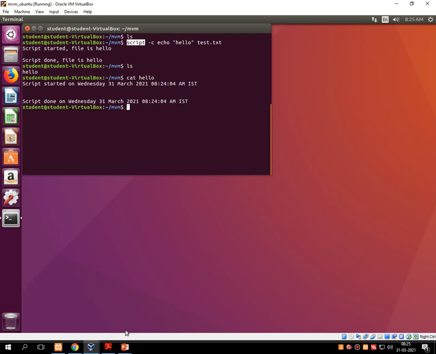To see the difference, I am just changing the name of the file. Let me remove it. Keep as it is. Press enter. Fire the command ls.